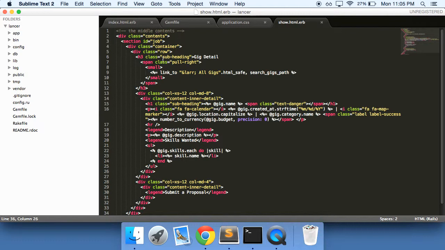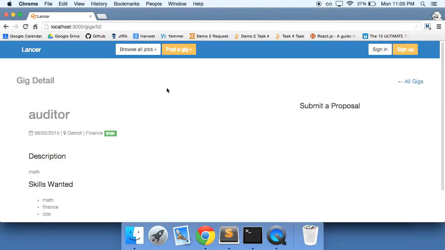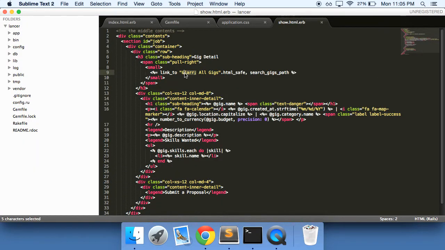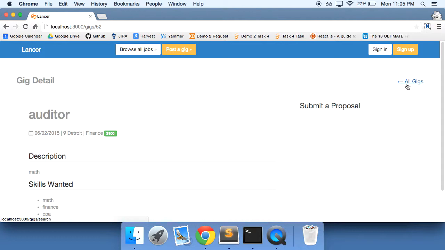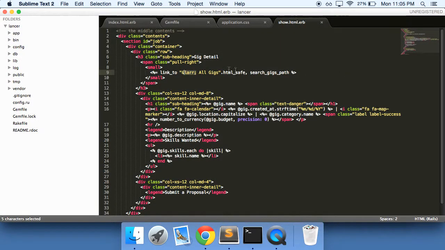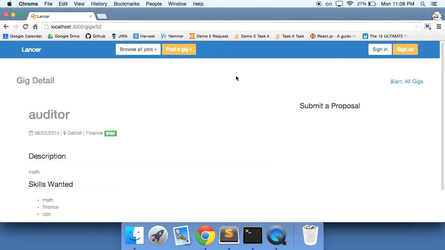So essentially I just got rid of that whole entire left-hand side and pushed everything over to the left. And then for here I have a link to, and then this ampersand lar semicolon. Now what that does is it tells the browser that this string of words together equals this left-pointing arrow here. And in order to show that icon right here, I have to include this html_safe. So let's say if I get rid of that and save it and do a refresh,